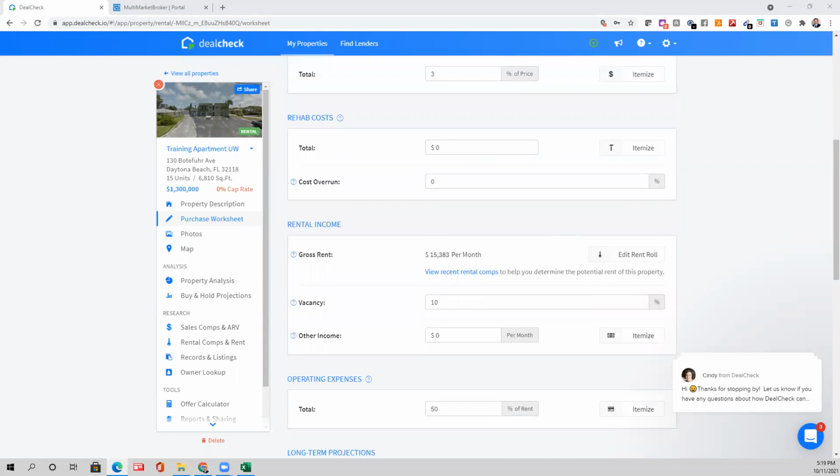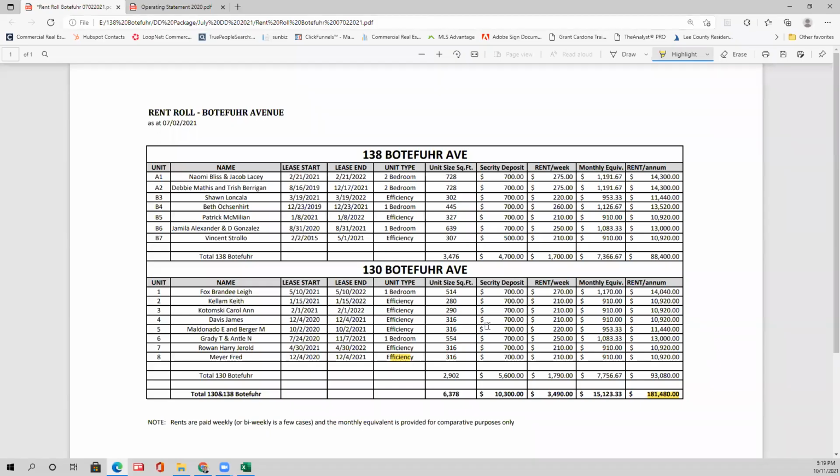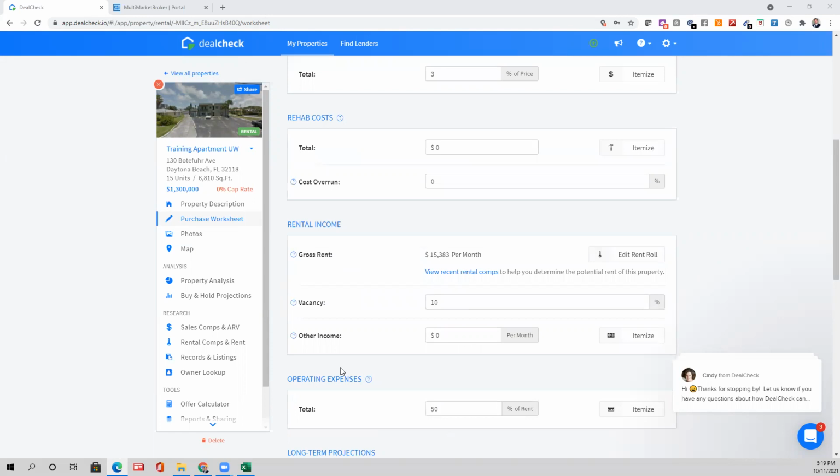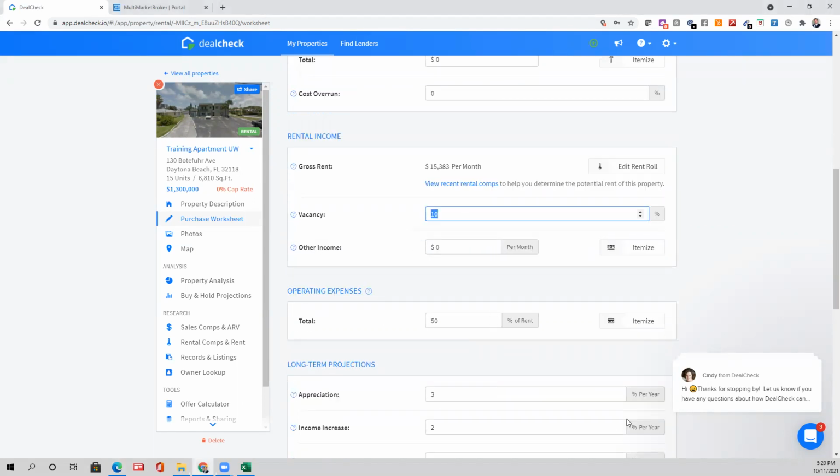So now let's go back. Here's the vacancy we were talking about earlier. Right now this is 100% occupied, so I want to give a better example. Let's say a bank's going to look at 5%. Actually, this ended up having two vacancies. So if you want the percentage on a 15-unit building, you divide 2 units by 15. If you're doing it on a calculator, just take out your cell phone. 2 divided by 15 gives you